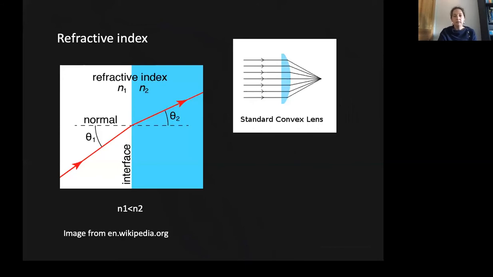Refraction is the reason that a convex lens can focus light. Perpendicular light enters by the flat surface of the lens, but as it leaves the curved surface, refraction happens by different degrees because of the curvature, and light is focused to a point.